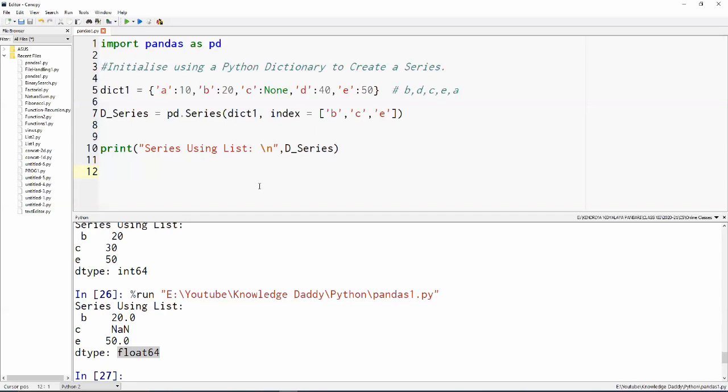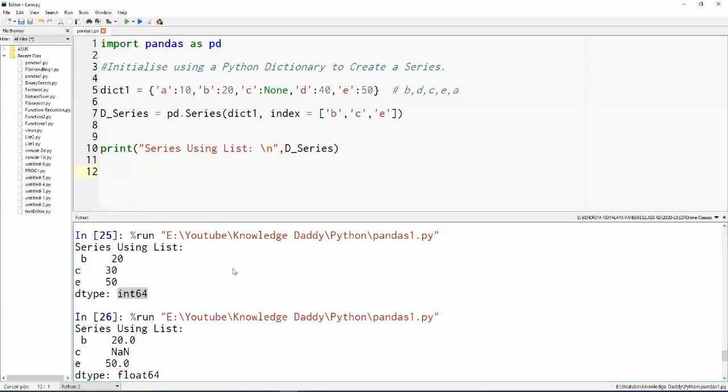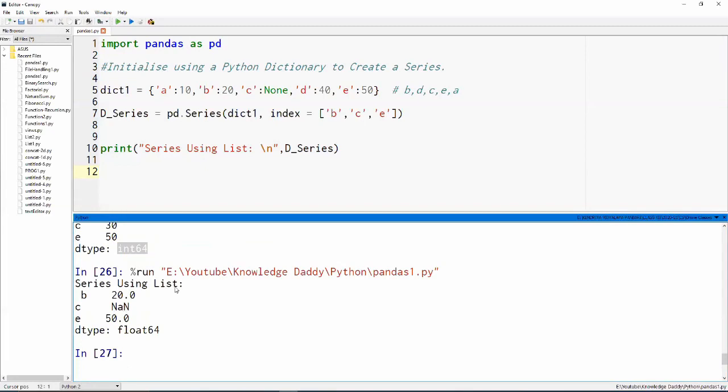Once the data type of the None value has been decided as float, all the other integer values, because whenever we were doing the program earlier we saw that the data type was showing int 64, so once a None value is introduced, and in NumPy this None value is of the data type float 64, it will convert the other integer values into float values.